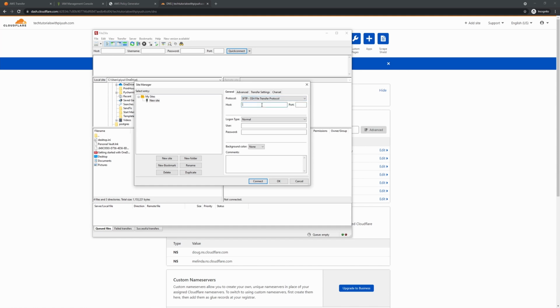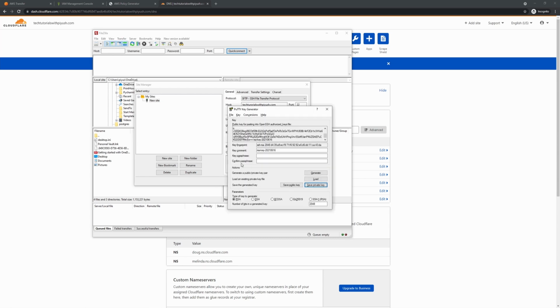Because we have used the custom domain, I'll put my custom domain over here, techtutorialswithpiyush.com. Port is 22 and logon type should be key file because we have generated a public private key pair. Username is my user1, and we have to input a private key over here.